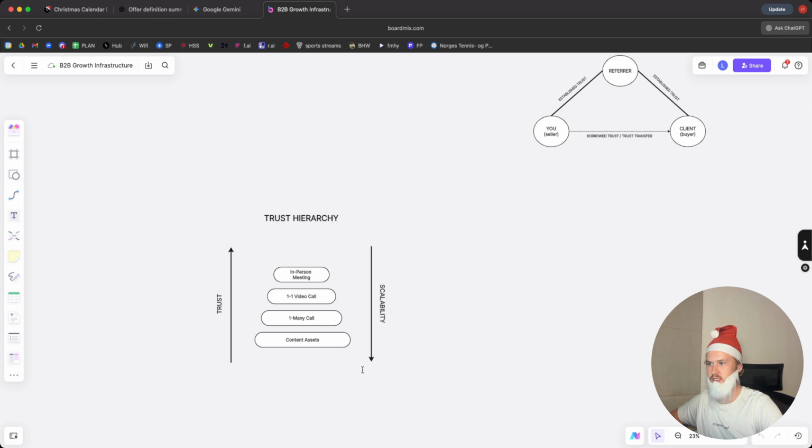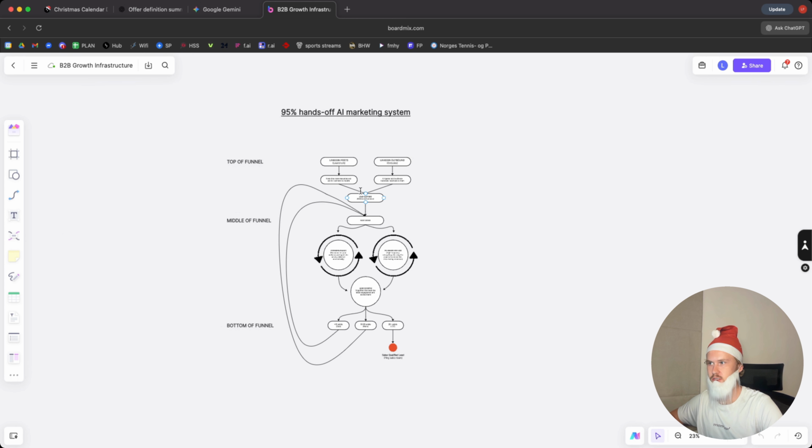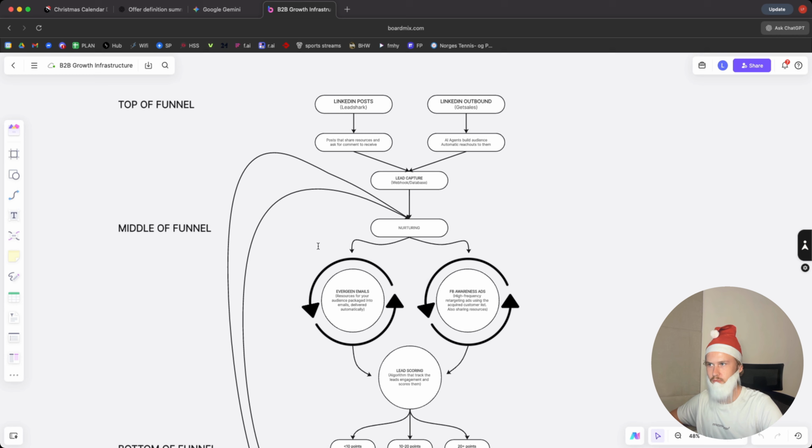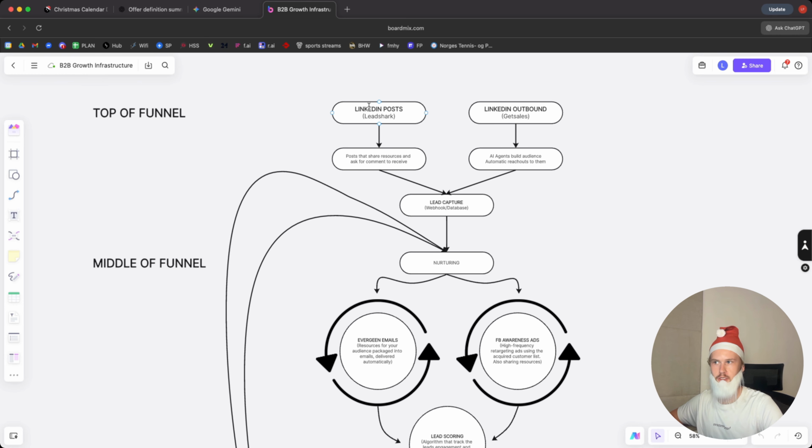So let me show you exactly how we do this in businesses like yours. So you need a way of generating emails. We typically do this through one of two sources. Either we do it through LinkedIn posts, meaning we create these micro solutions to the problems that the audience has, and then we put it out on LinkedIn. We ask people to comment if they want it, and then we have automations on the backend that deliver this type of